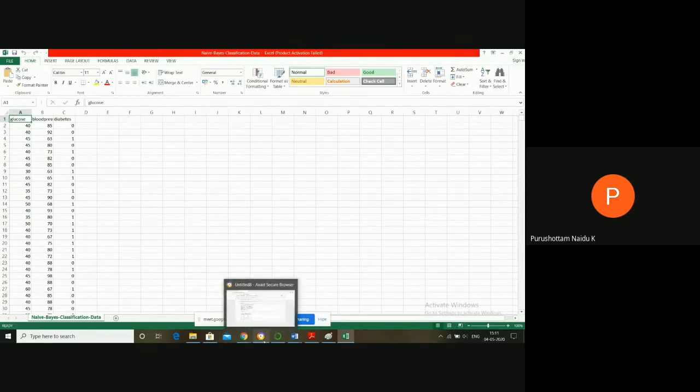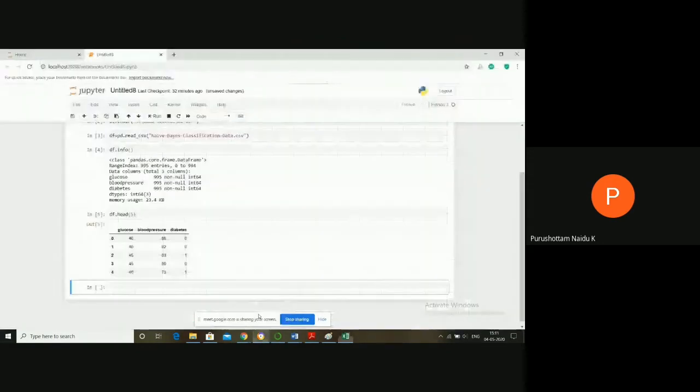For example, take x equals df.drop. The drop method in a pandas data frame is used to drop a particular column.